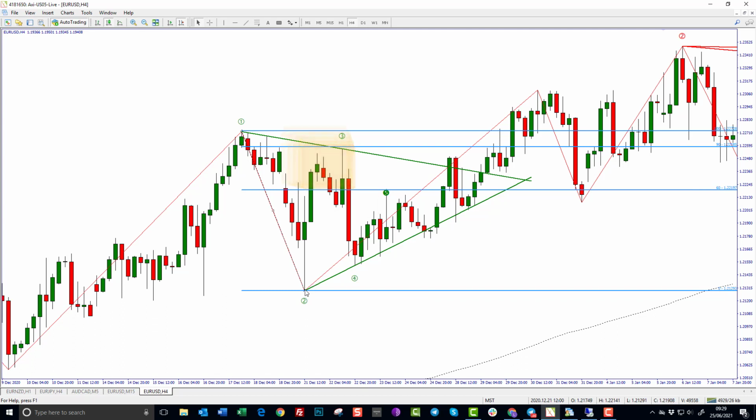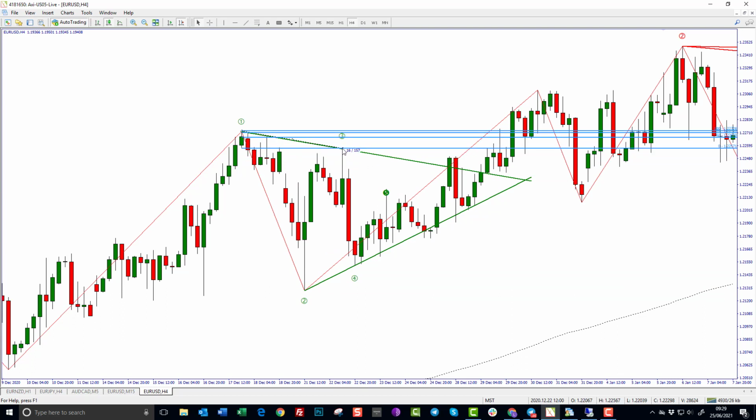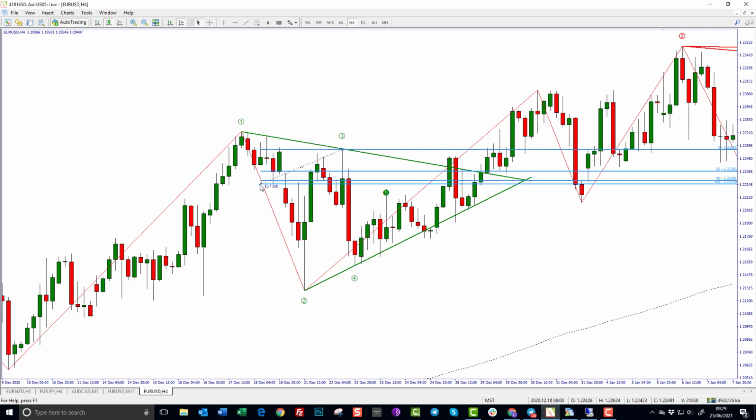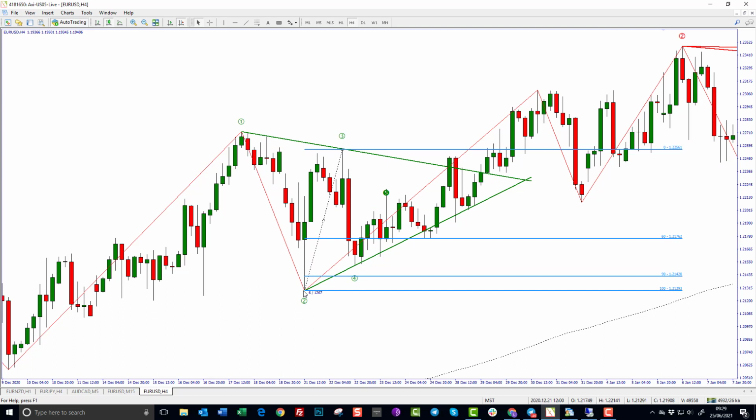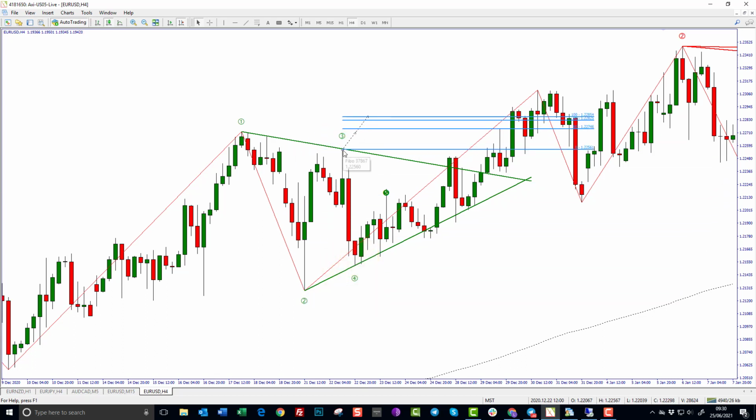And then if we change our Fibonacci and put it from point 3 down to point 2, we can then measure to find point 4, and then the same from point 4 to point 3 to find our 0.5, and I'll come on to 0.5 in a moment. So that is how you can use a zigzag and a Fibonacci tool to create the measurements to find a